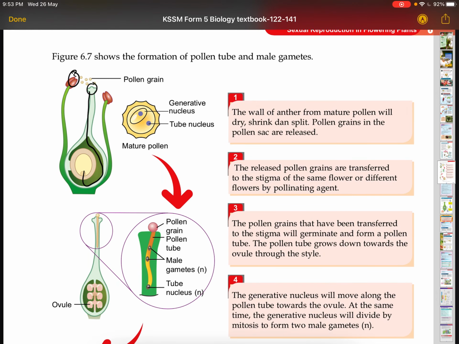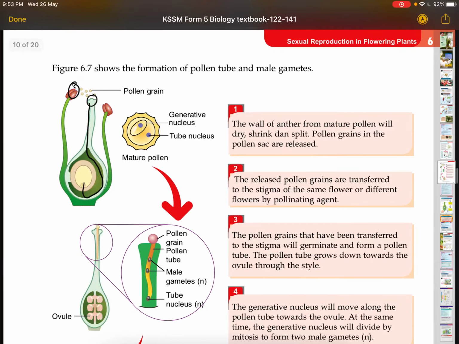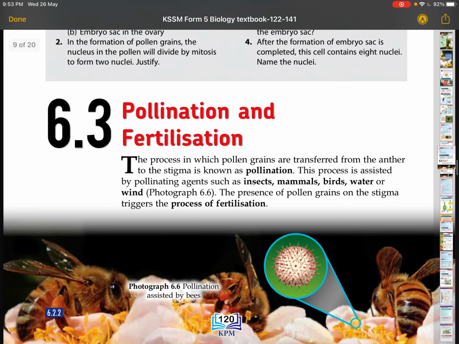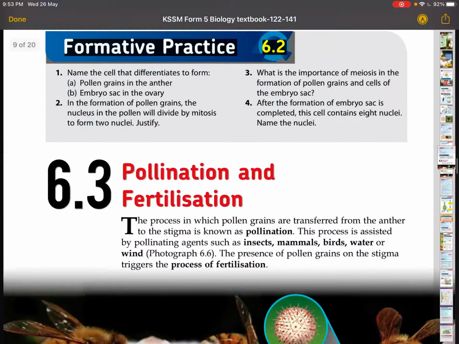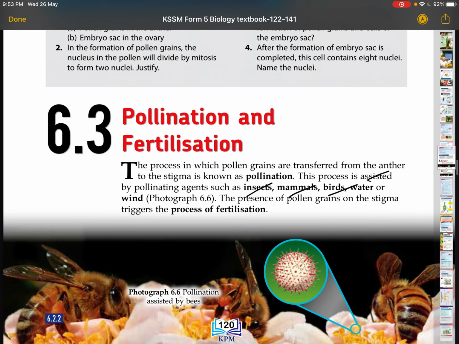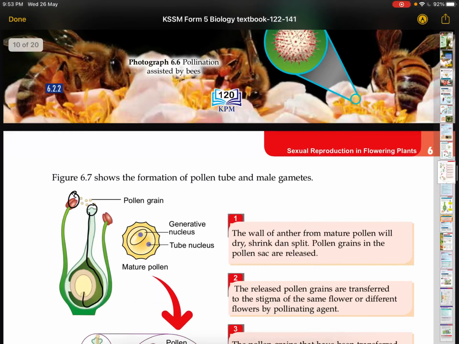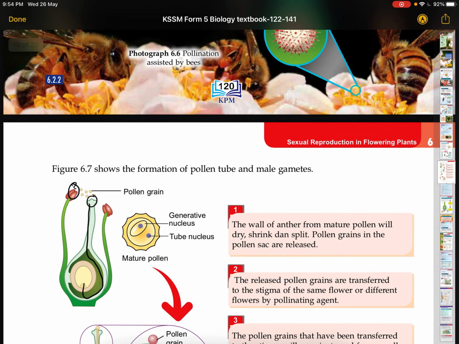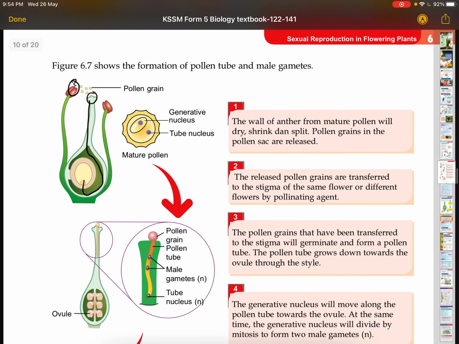So when it gets released, somehow it will get to the stigma, either through its own pollinating agent. So it can either be insects, mammals, birds, water, or wind. The main one here is insects, because we all know about the bees. That's the main part, the bees. That is the most popular example. But somehow it gets onto the stigma, and what happens is